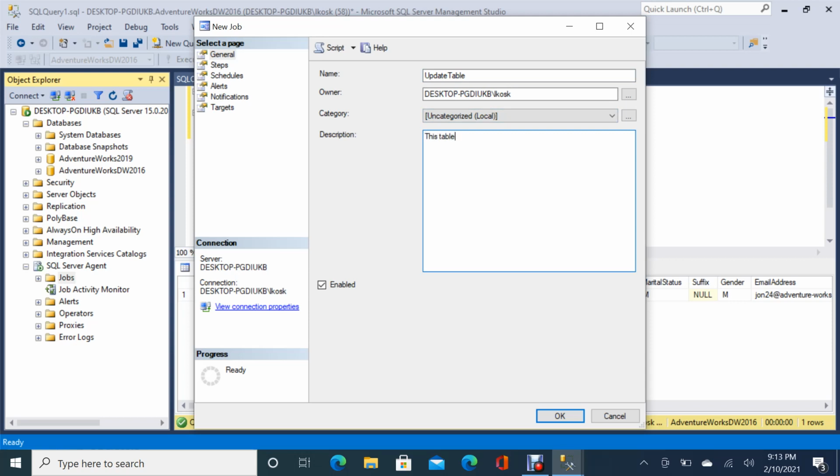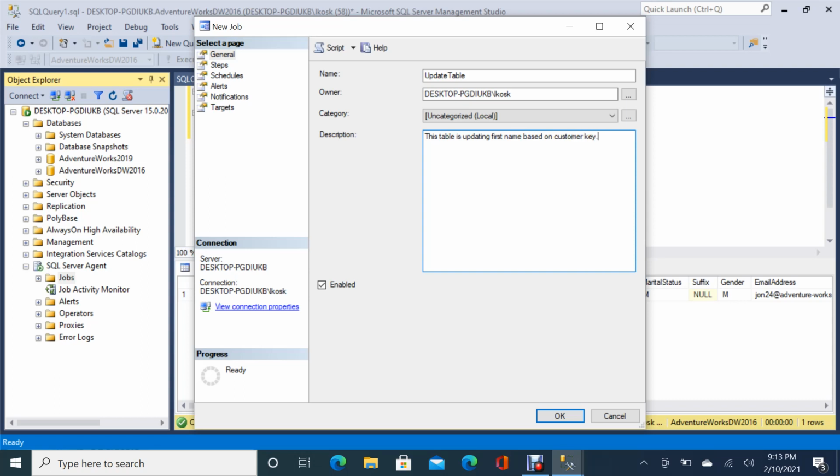I will just write here that this job is updating first name based on customer key. It's not required by default, but it's good to have something here because you will know when you open this one.